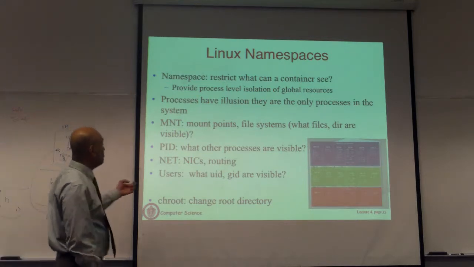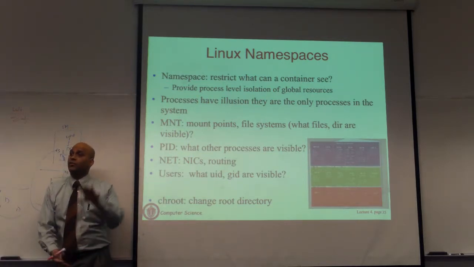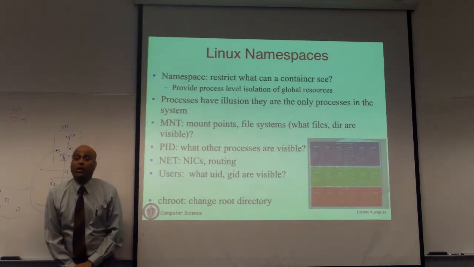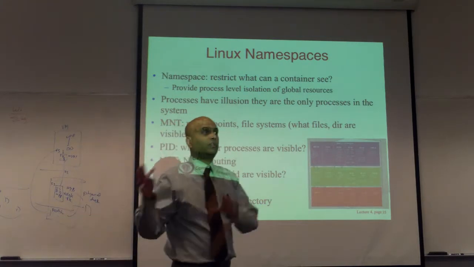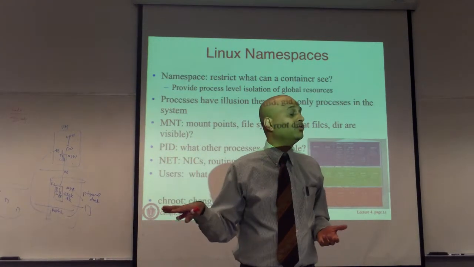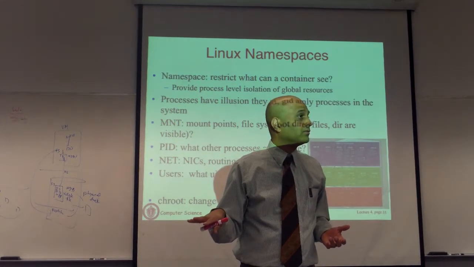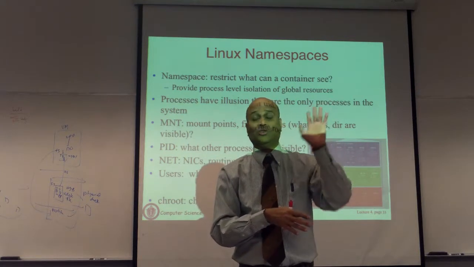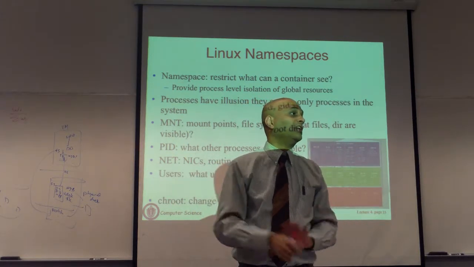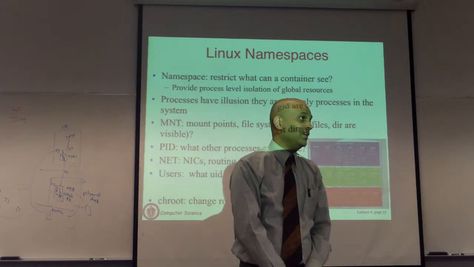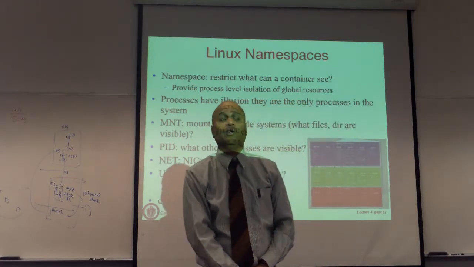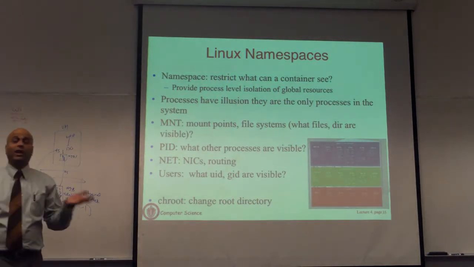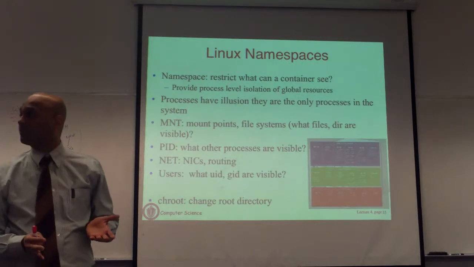You can also limit what users you can see. If there are 20 user accounts, you can say this container only sees these 3 user accounts. If you try to look for other users inside those containers, the presence of other users will not be visible. This way you can construct a container for a certain user and say that's your container, but that user will not see any other users. Neither can other users access that container because they will not be recognized as valid users inside that container. So you can take your user accounts on your machine and partition them across containers as well.